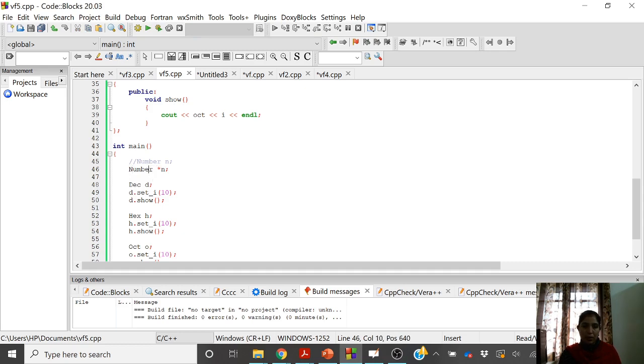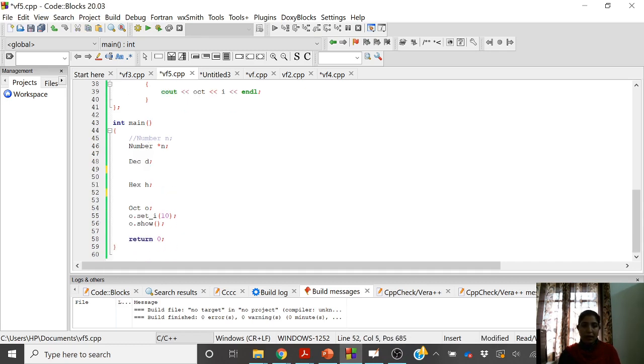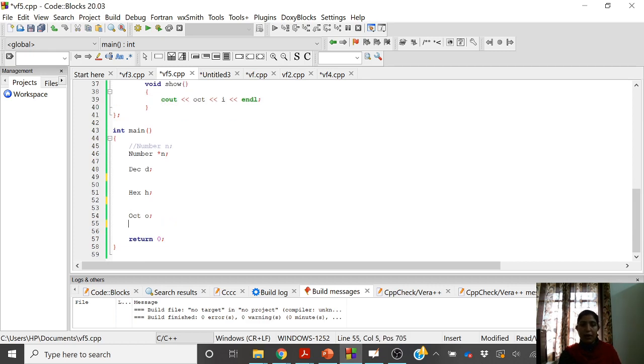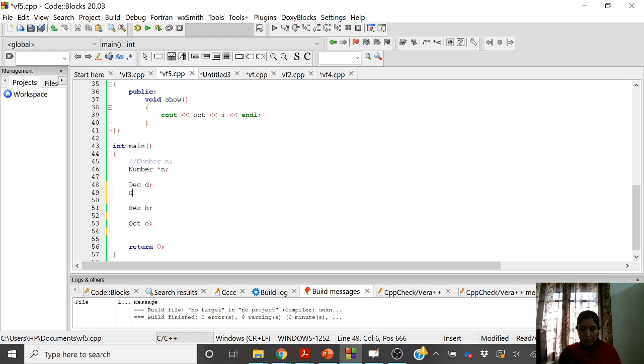Okay, so let me erase these statements for the time being. Here we created three objects: dec d, hex h, and oct o. Okay, so let us try to put the address of d in pointer n. Now this n contains a pointer to an object of class dec. And when I write n arrow operator show,